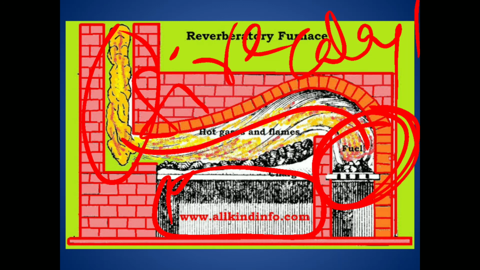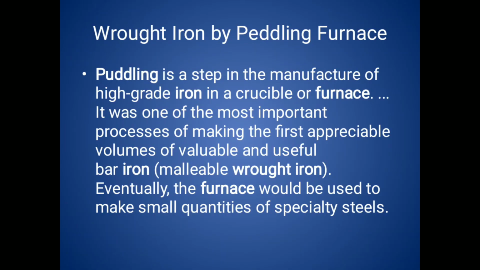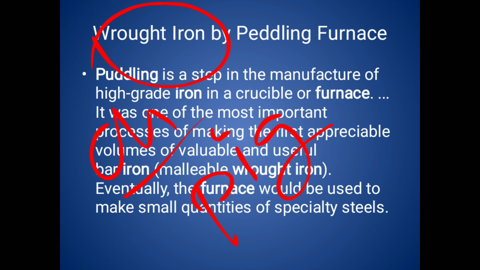See, the only difference between the cupola furnace or blast furnace method and this puddling furnace is that in the puddling furnace, the charge is not in actual contact with the fire. That is the puddling furnace. For the puddling furnace, the product is wrought iron. The charge is pig iron. By using pig iron only, we manufacture the wrought iron. This is about the puddling furnace method.